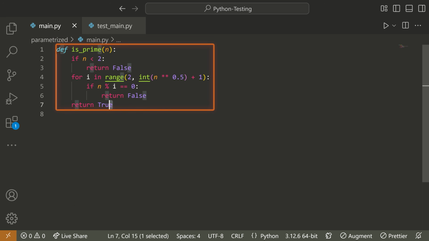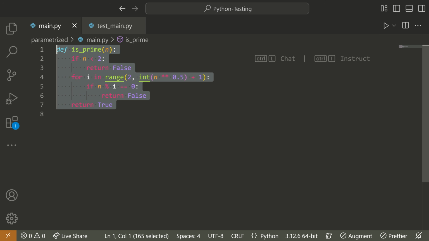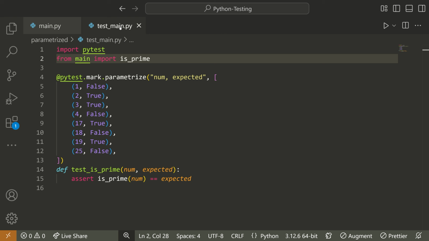testing. Now let's say we have some function like this, isPrime, where we want to check if a number is a prime number. This is clearly something that we would want to test because we want to make sure that this works properly, and you may actually even want to write this test before you start writing the function. Regardless, the way that you can set this up so you don't write a ton of duplicated code is to have something like this. So what we can do is we can import Pytest, and we can use this decorator,